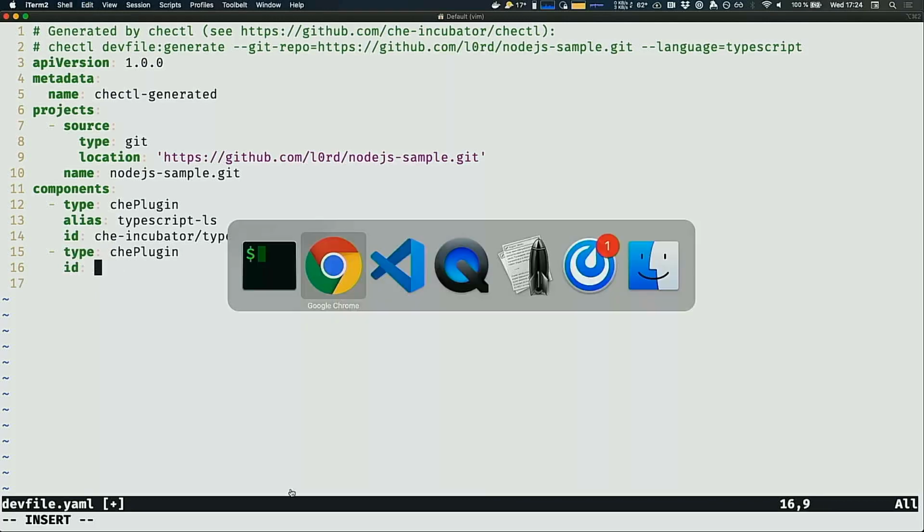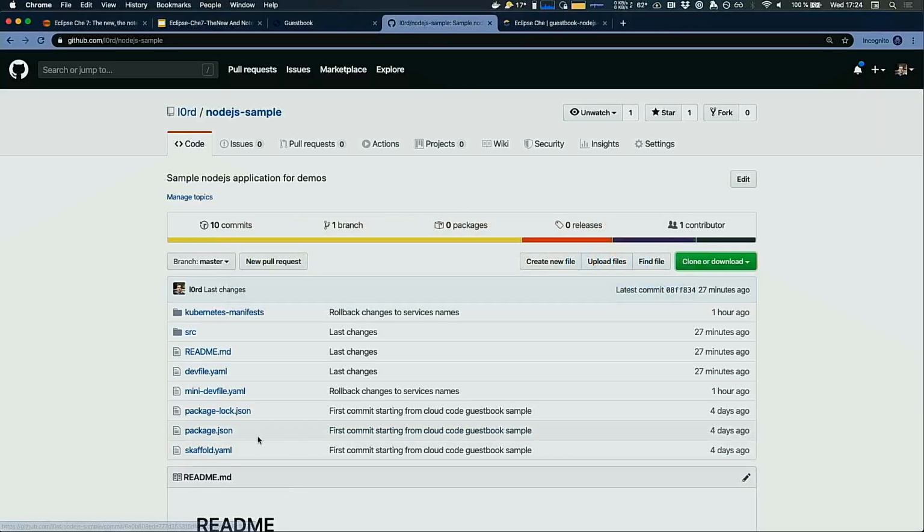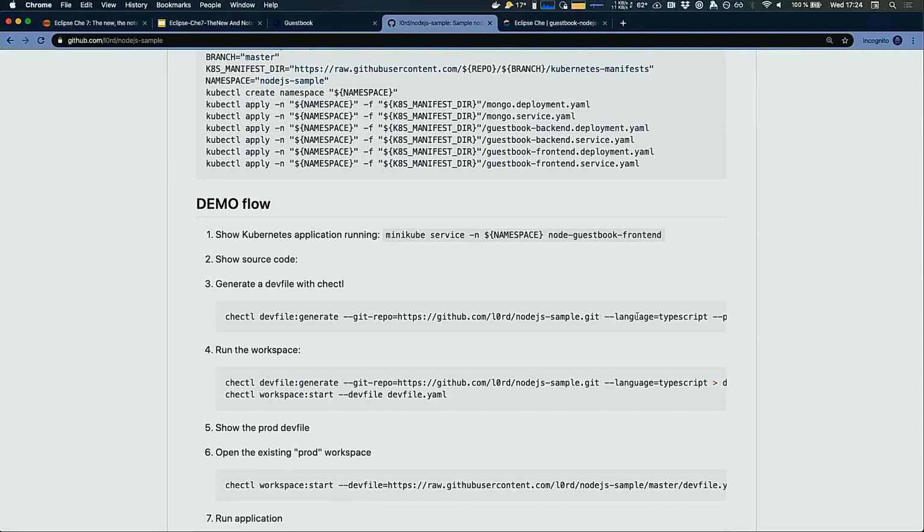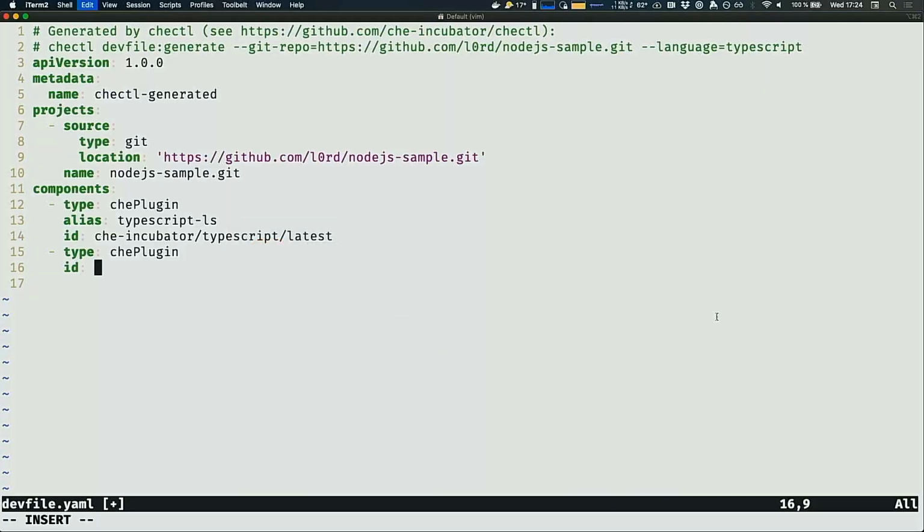Okay, so I will add the YAML plugin as well here.